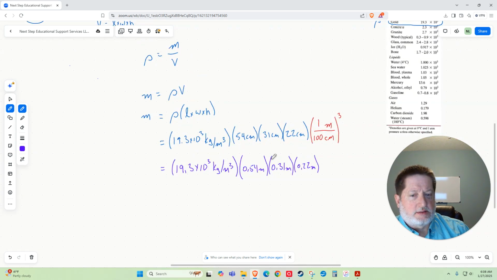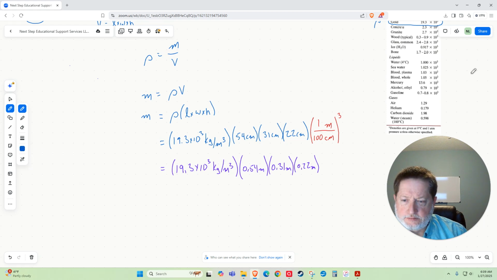And whether you use this method or this method, either one, we should now have the cubic meters canceling, these cubic meters and all these cubic centimeters canceling. We just multiply our numbers and we'll get our mass. Once you complete that calculation, you'll get a number that is around 710.78 and some change, and this is approximate,